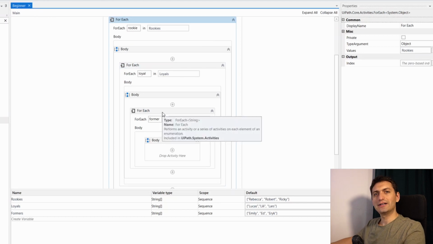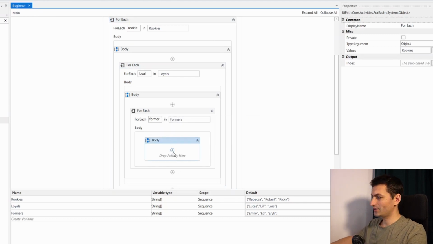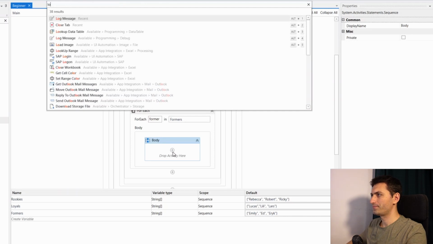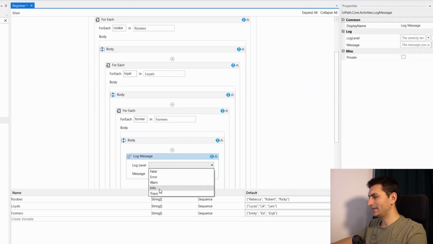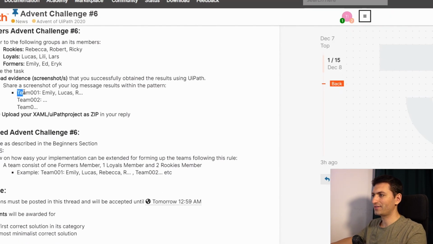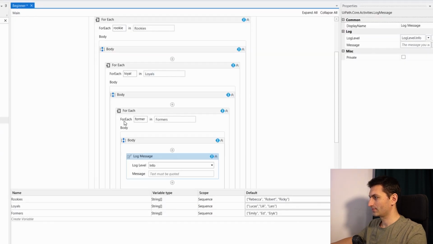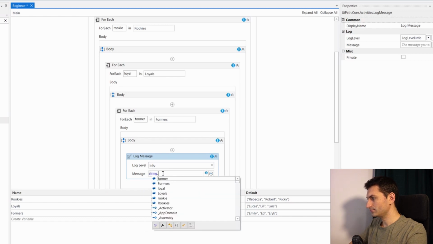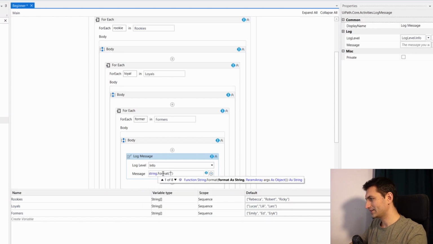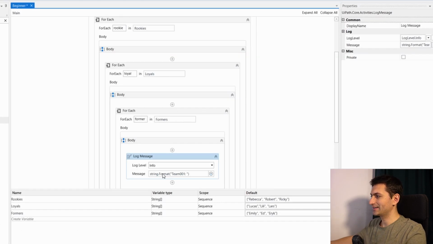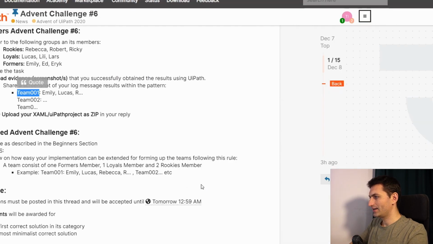Great. Now let's display the team members. So I'm going to put a log message, and I'll display the info, and I like to respect the format which has been given. So I'm going back here. I need to have this team 1. So I'll use for that a string format. So string format, team 001, and I need to specify first the rookie, and I'll use a placeholder,